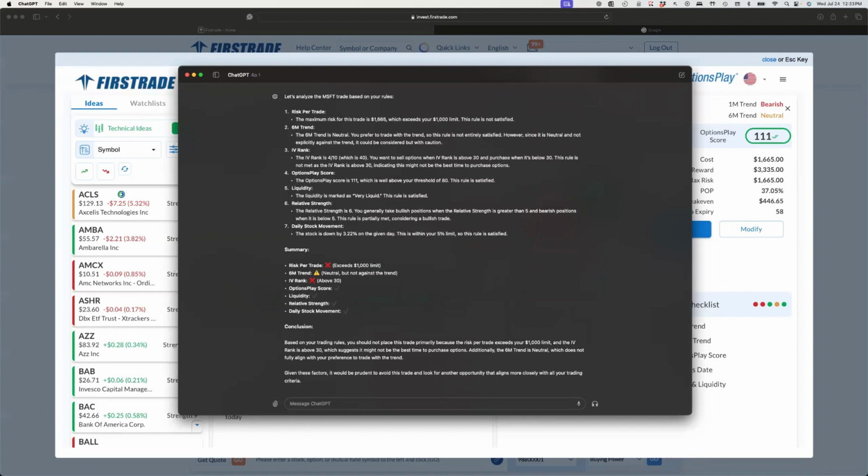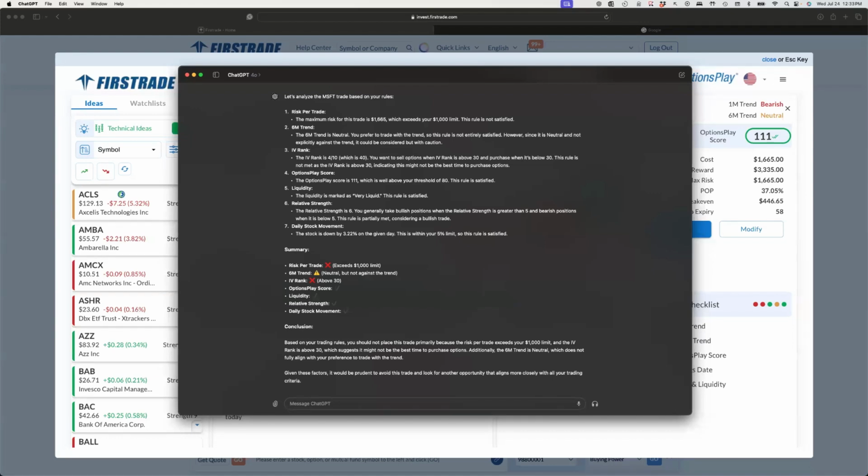This is something that we have to pay attention to, because this allows me to quickly, without having to spend too much time, say, okay, you know what, this might not be the best trade idea. It breaks three out of my seven rules. I'm not going to place this trade, right? And you can even get more